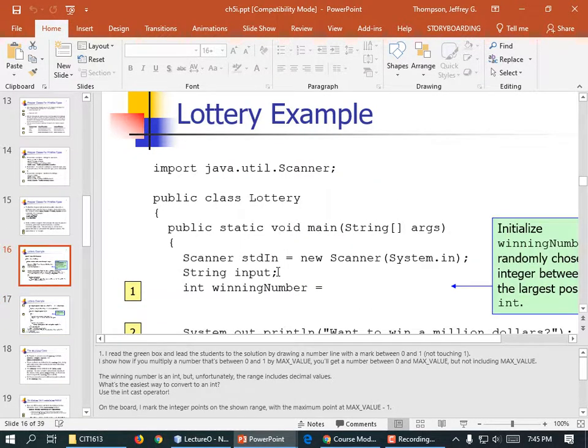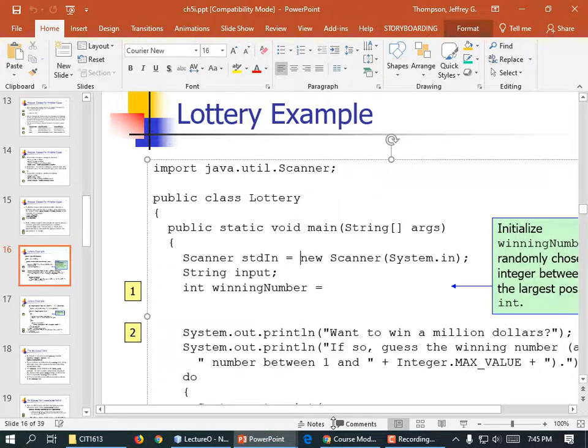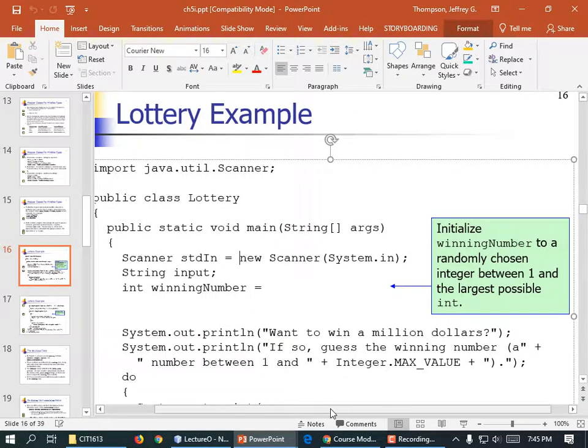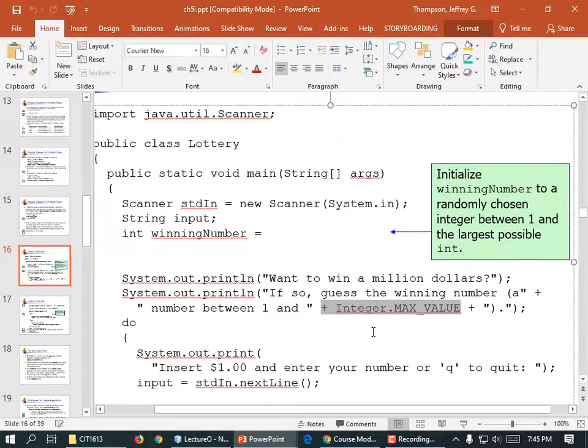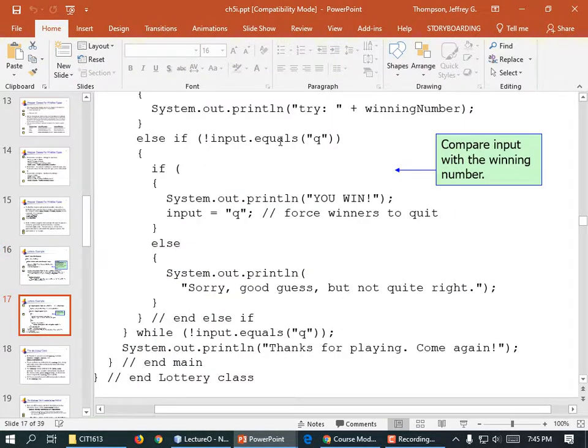So here's an example of using a scanner to read in a piece of data. Do you want to win $1 million? If so, guess the winning number between 1 and Integer.MAX_VALUE so that they don't type in a number that's too large. And then they call nextLine. nextLine returns a string. And so the next line of code is going to be to use